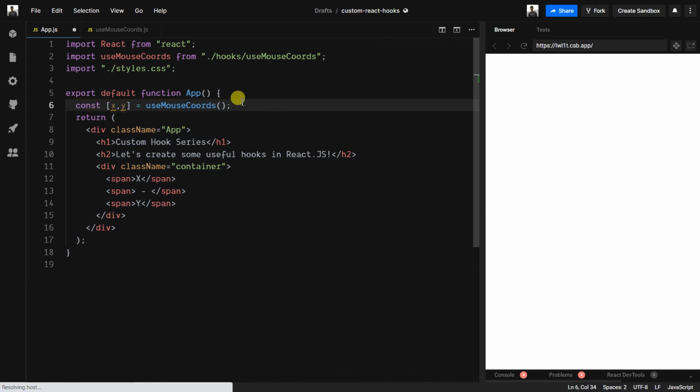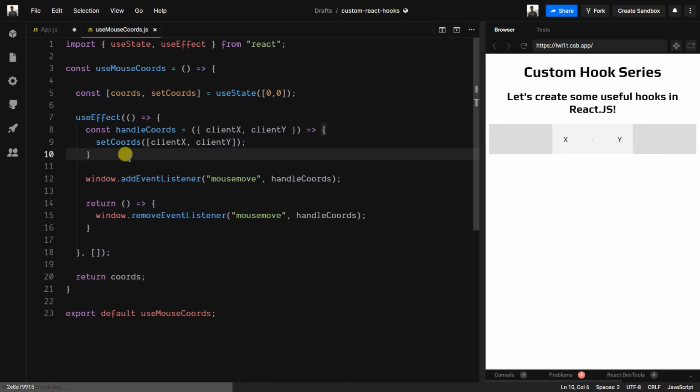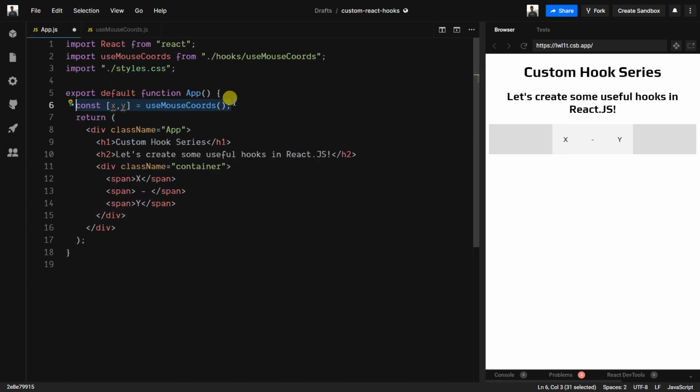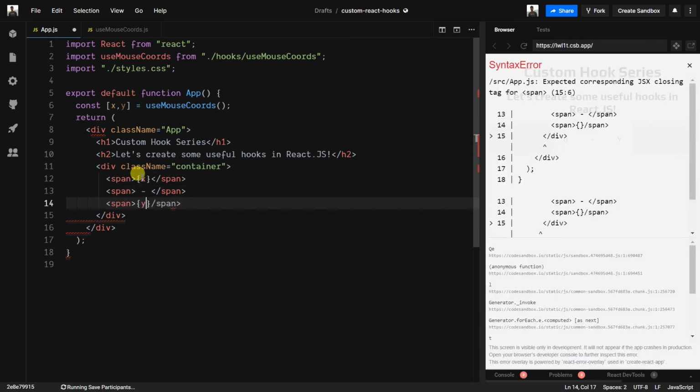By invoking this, I am invoking the useEffect, that is componentDidMount, by passing an empty array, and I can simply replace this by x and this by y.